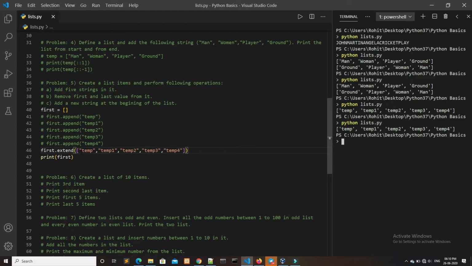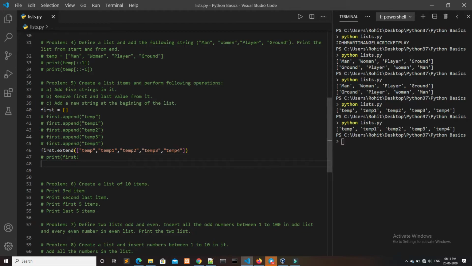Now we'll go to part 2. We have to remove first and last value from it. Okay, I will first comment this one. Here we have to remove the first value. To remove the first value, we can use the remove method.